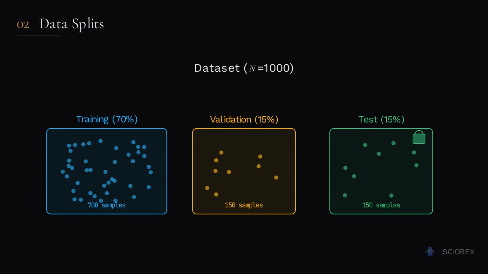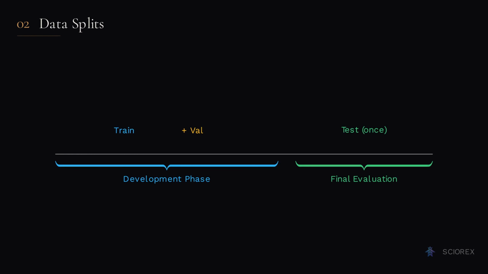The test set is locked away until the very end. You evaluate on it exactly once to get your final number. If you look at test performance during development and make decisions based on it, it stops being a genuine test. It becomes another validation set, and your final number becomes optimistically biased. Why 3 sets and not 2? Because the validation set gets used up by your decisions. Every time you check validation accuracy and change something, you are indirectly fitting to the validation data. The test set exists as an untouched safeguard.